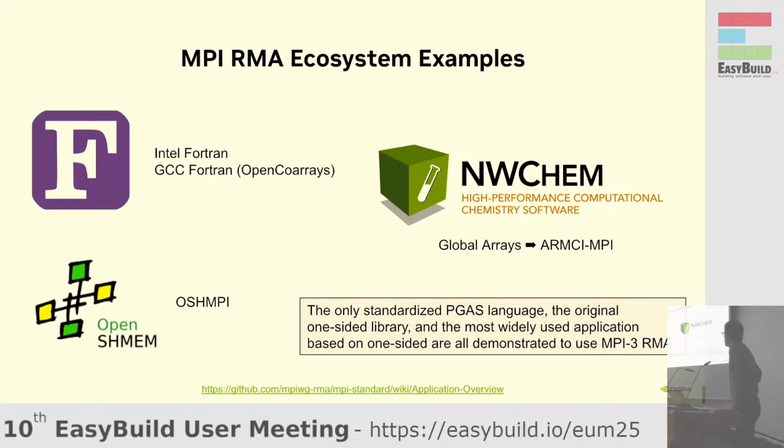So ecosystem. This is an extremely biased thing, meaning I have either written or been a consultant on every one of these projects. There are other stuff out there, but I'm going to talk about what I know. Both of the major portable implementations of Coarray Fortran use MPI RMA. Intel Fortran was using Intel MPI and RMA, but they were using it poorly when I joined Intel. It was very slow. I called up the compiler team and we talked about what they were doing, and I explained to them how RMA worked, and they were able to go in and make it a lot better,